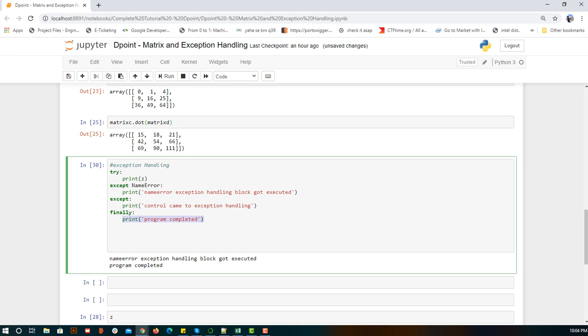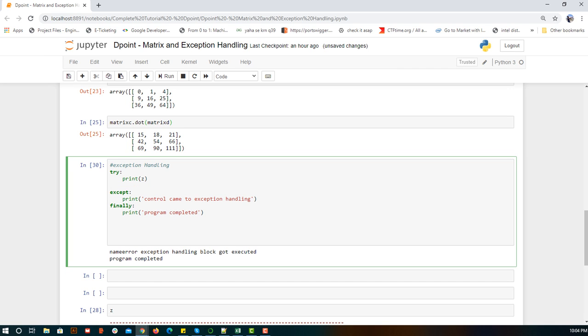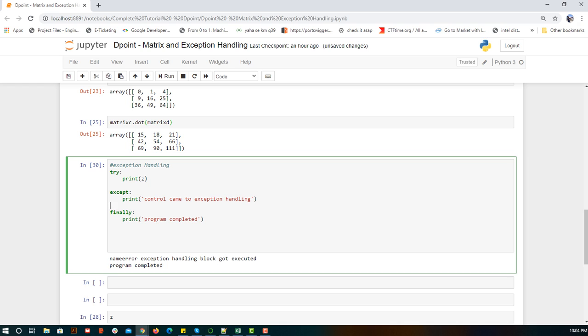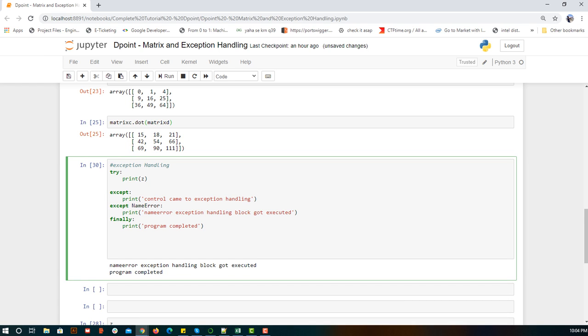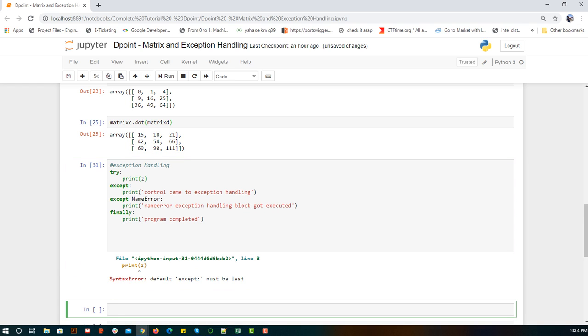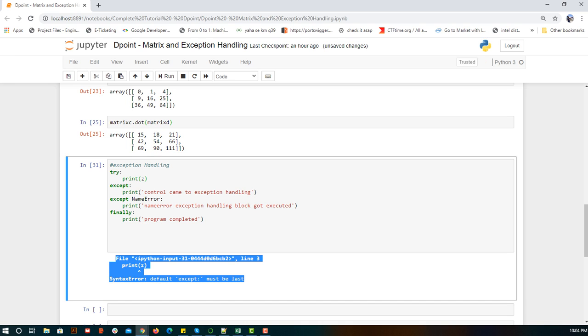So this was enough for understanding try catch, but there is one more point I need to add, but conceptually this much is enough. Now one more thing that I want to add is, if I remove this except and write it below this, in this case just try to see what will happen. So you see print z, okay, one second, the error says the default except must be last. Okay, right. So here what you're saying is, suppose this error you didn't get, and why it is giving an error, that you will understand in a minute.